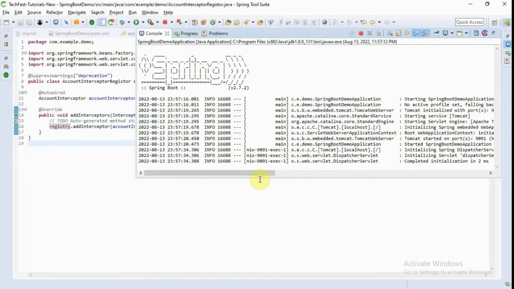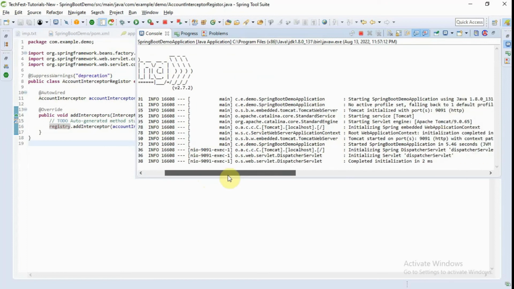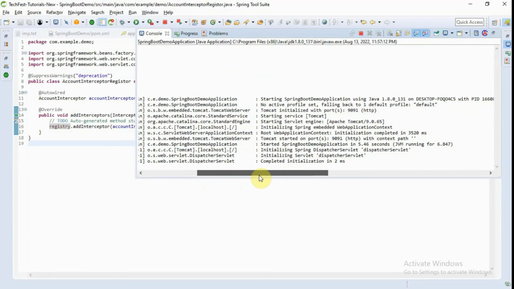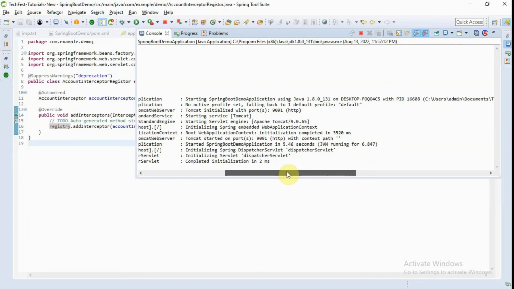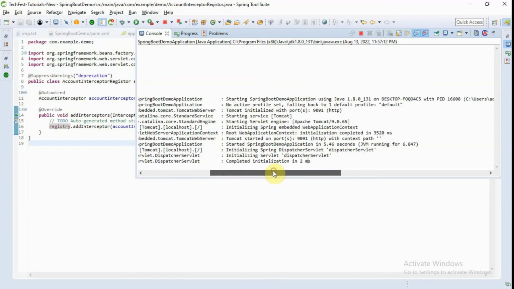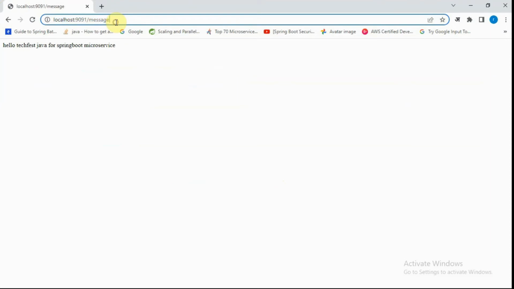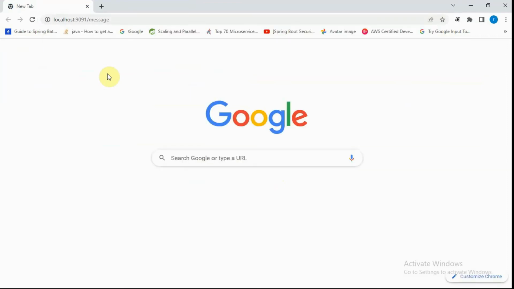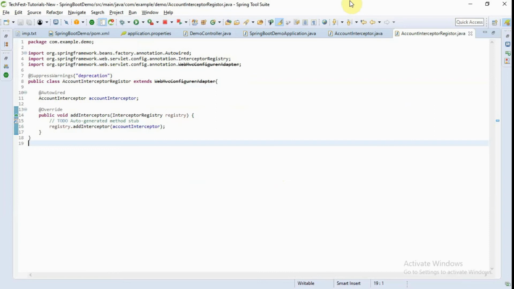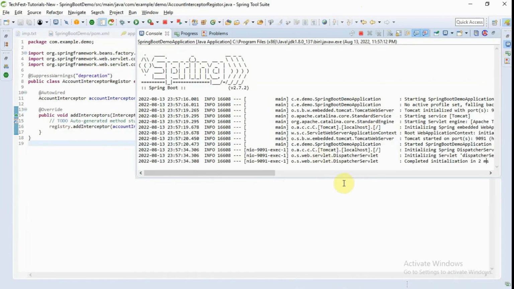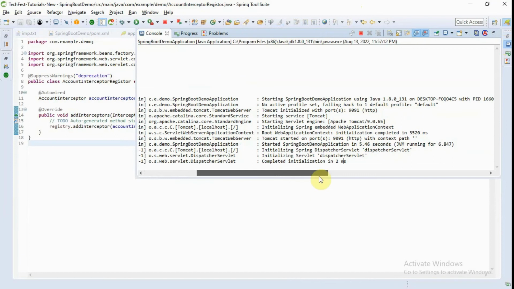So I'm using a similar service. Now it is booted. Okay, now it is